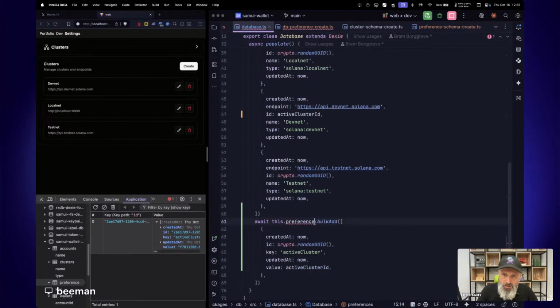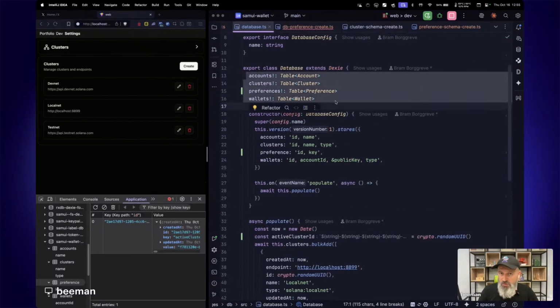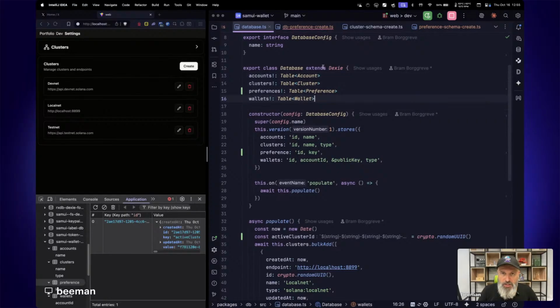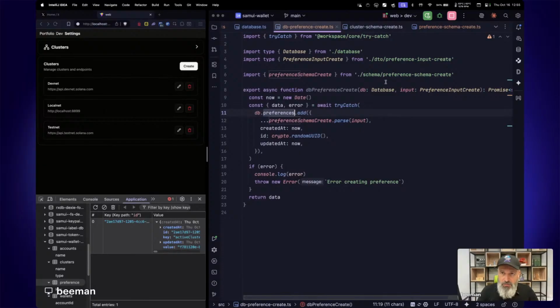Preferences, which breaks it here, preferences, but we want these tables to be plural. This is like the convention that they have. We might want to reconsider this, but for now, let's keep it as is. Let's keep it in line. So this is our DB create